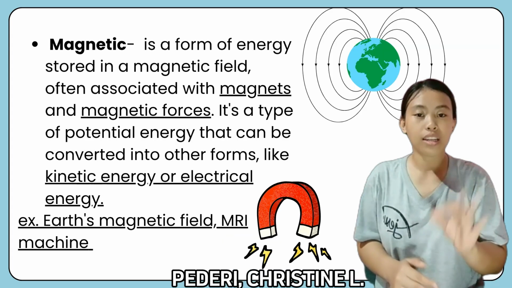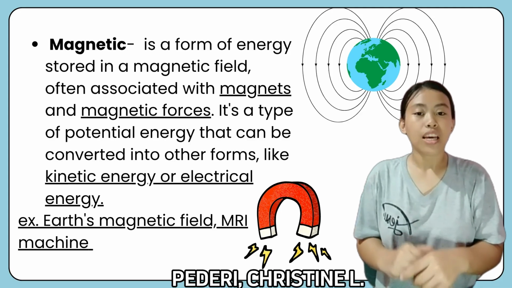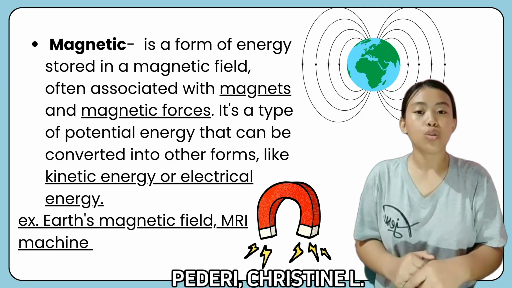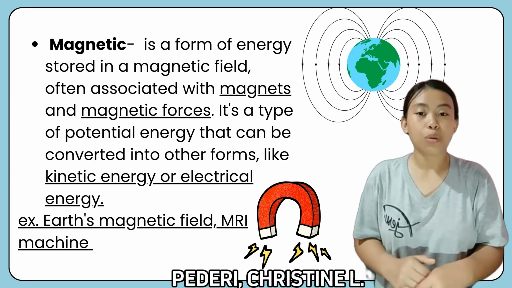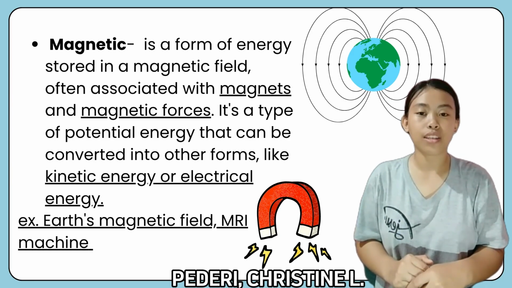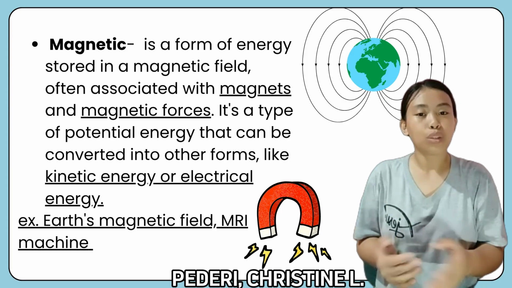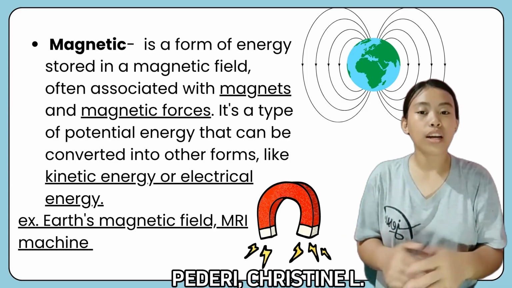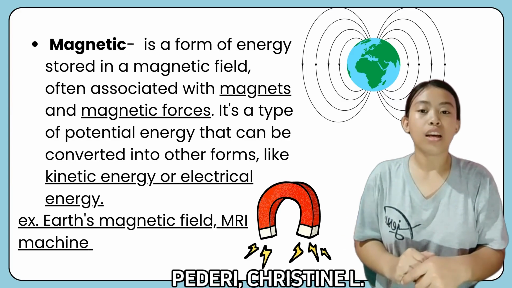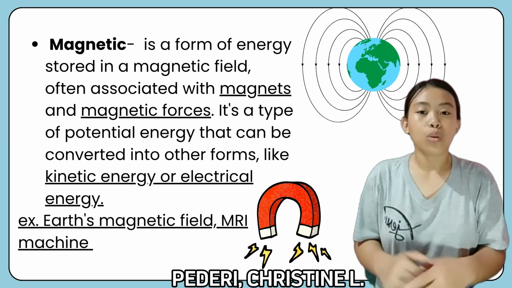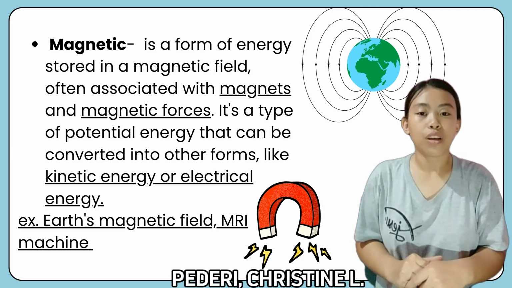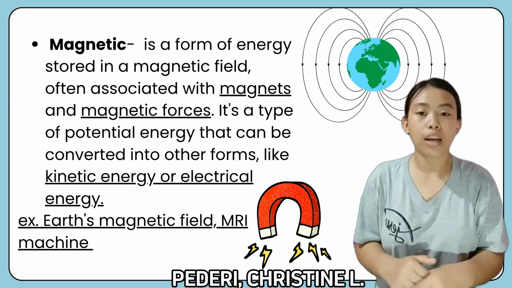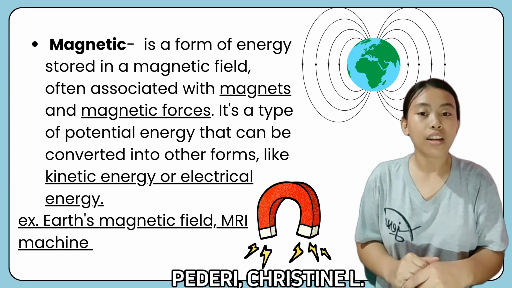The third one is magnetic energy. It's a form of energy stored in a magnetic field, often associated with magnets and magnetic forces. It's a type of potential energy that can be converted into other forms, like kinetic energy or electrical energy. An example is the stored energy in a magnetic field of a car starter, an MRI machine, or even the